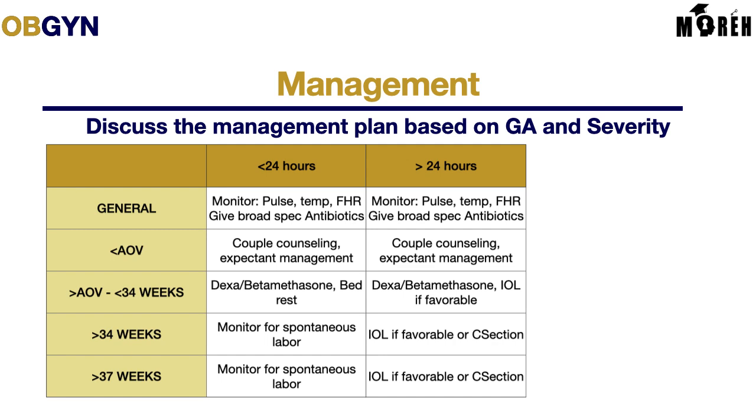If it is before the age of viability, again, counsel the couple, expectant management. If it's above the age of viability but before 34 weeks, we give DEXA, we give betamethasone. And remember, if favorable, and in this case, if the fetal weight is okay, the patient has received dexamethasone,